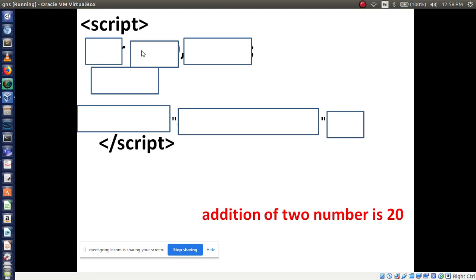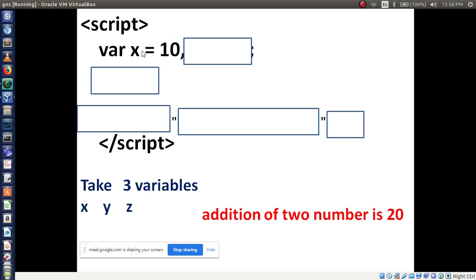Okay. Understood this one? How to write the code for this? See here. Take three variables with names x, y, z. Now to define these variables, which syntax do we use? That is var, followed by x with one value.